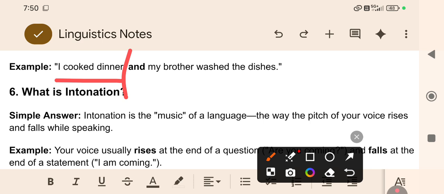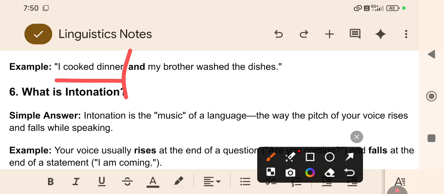As the name suggests, this is the conjunction which just coordinates two equal sentences, and usually there are seven coordinating conjunctions. FANBOYS, I have already told you what FANBOYS stands for. Other than that,